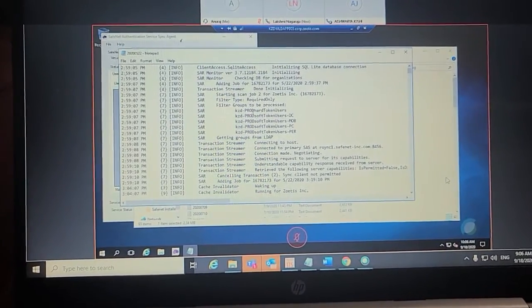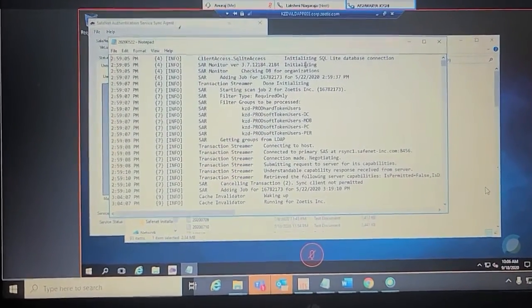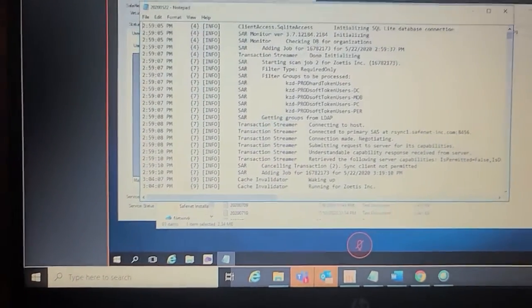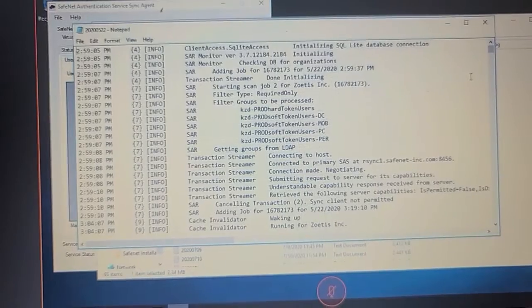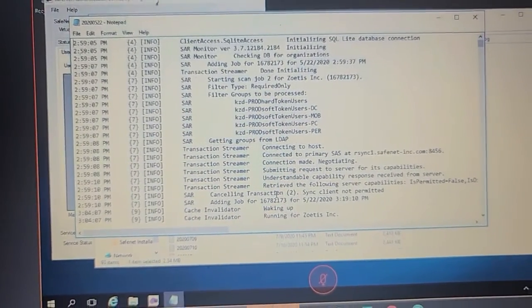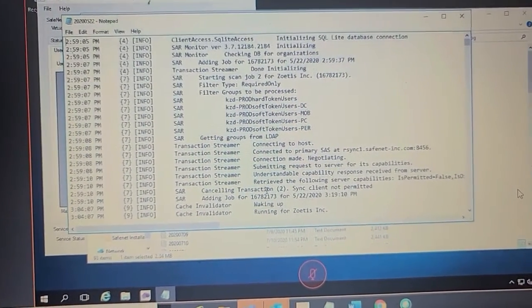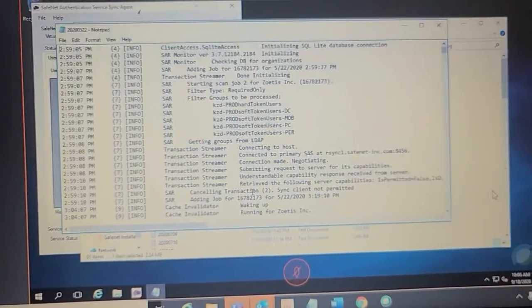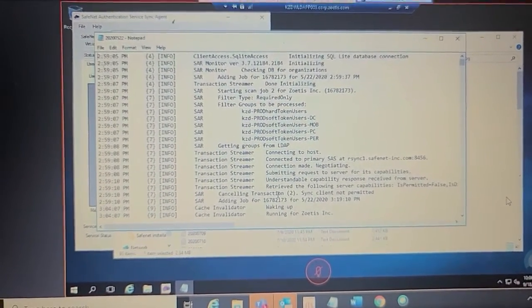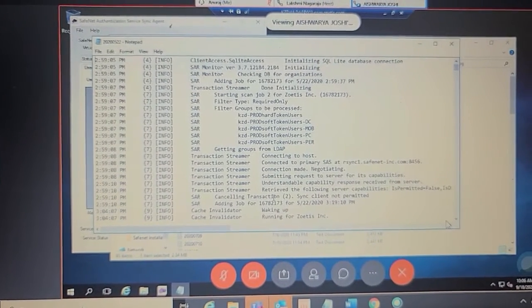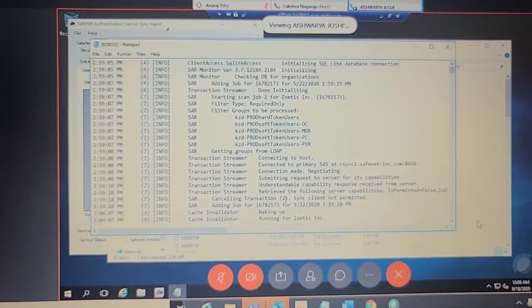Yeah, here you will be able to see some logs. Actually, these are not in detail, but some kind of troubleshooting can be done with these logs. I am also not sure exactly what we are checking in these logs.